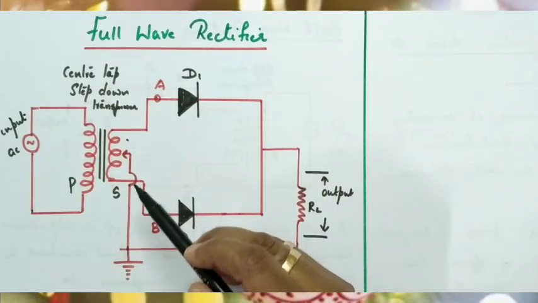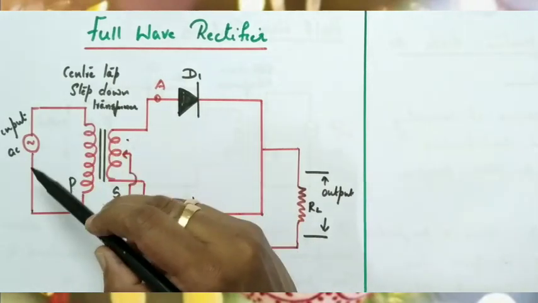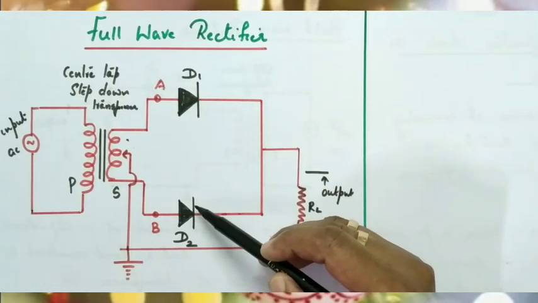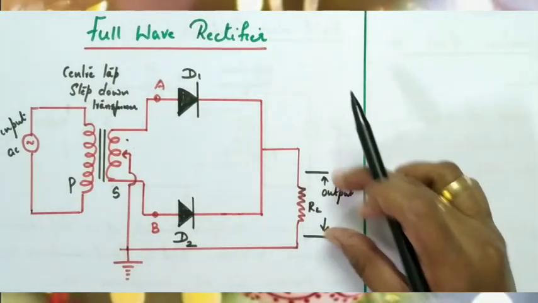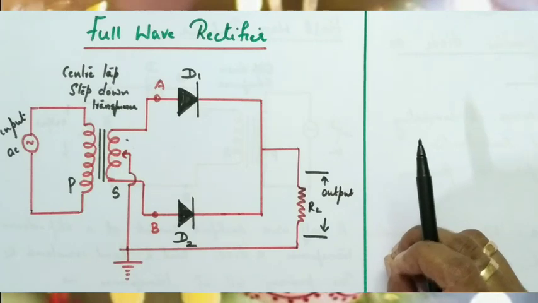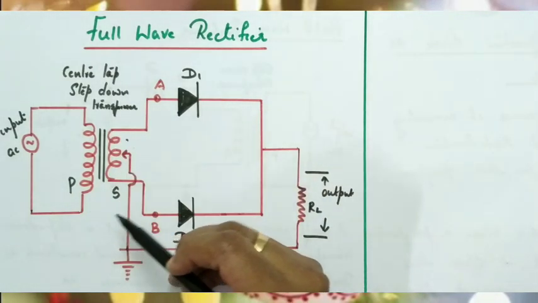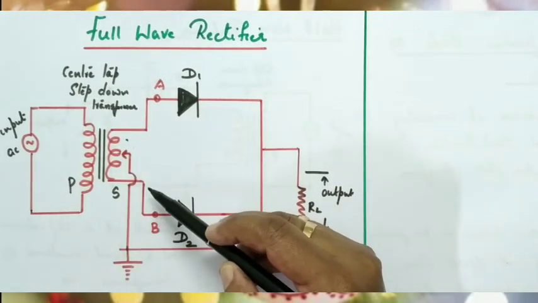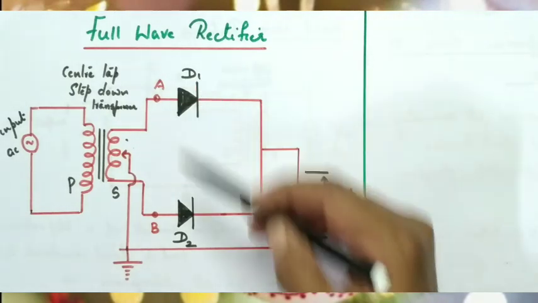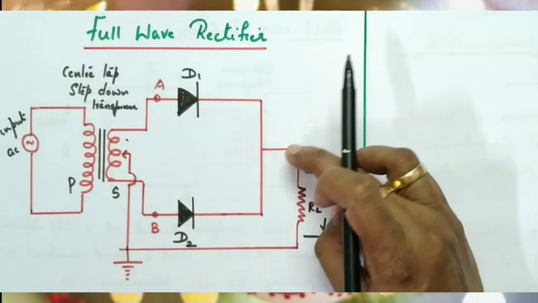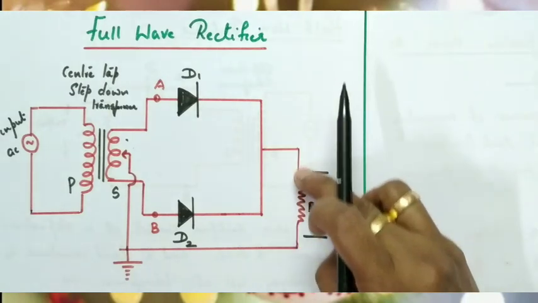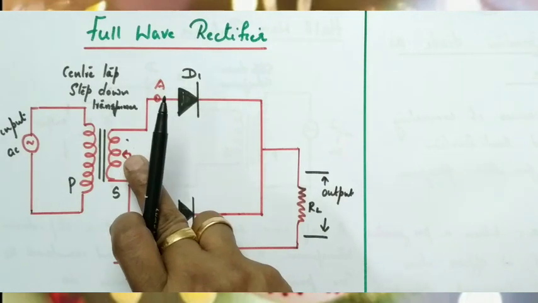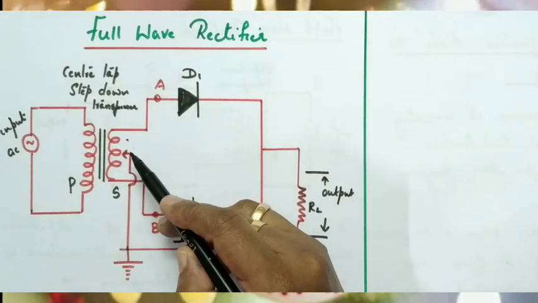the diodes. And the primary of the step down transformer is connected to the input AC, and the secondary is connected to the two diodes D1 and D2, and there is a load resistance across which output is taken. Okay, so this is the circuit diagram. Primary is connected to the input AC, secondary of the transformer is connected to two diodes D1 and D2, and the two diodes are connected together, and the middle portion is connected to the load resistance, and the other end of the load resistance is connected to the center tap. This region is called the center tap.